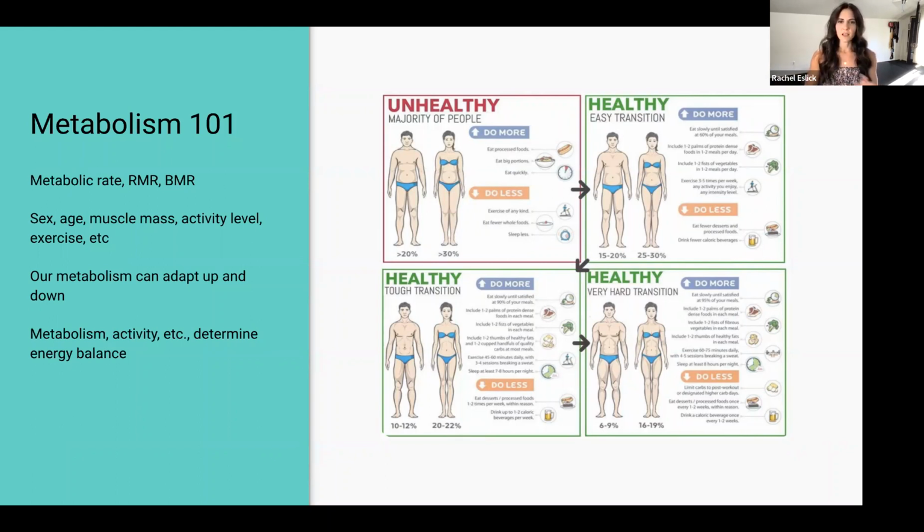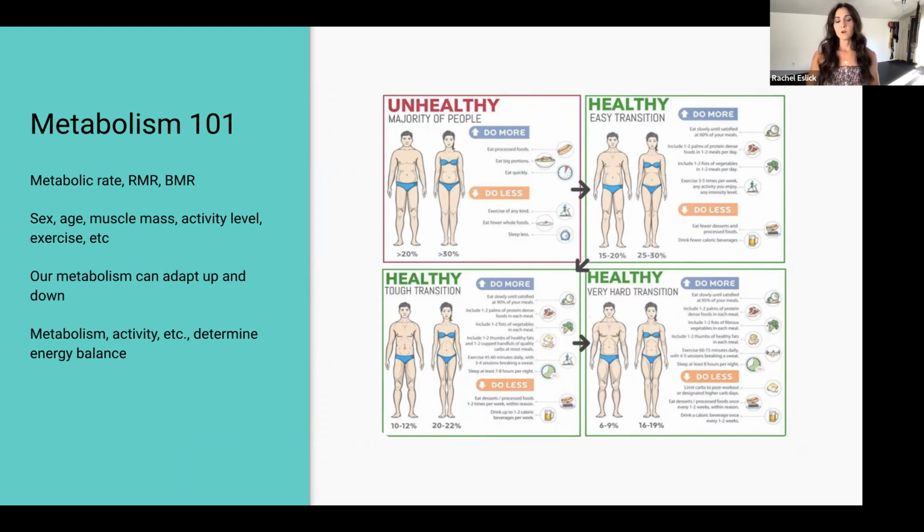I like this graphic because it shows you the extremes you have to go to be in that super healthy bottom right quadrant, where both of these people have six packs and their muscles are popping. For males, that's 6 to 9% body fat. For females, that's anywhere from 16 to 19% body fat. You have to be doing all the things to get super lean. Do you want to sacrifice your social life and not eating out? You have to be very disciplined and dialed in to get to that hard body look.